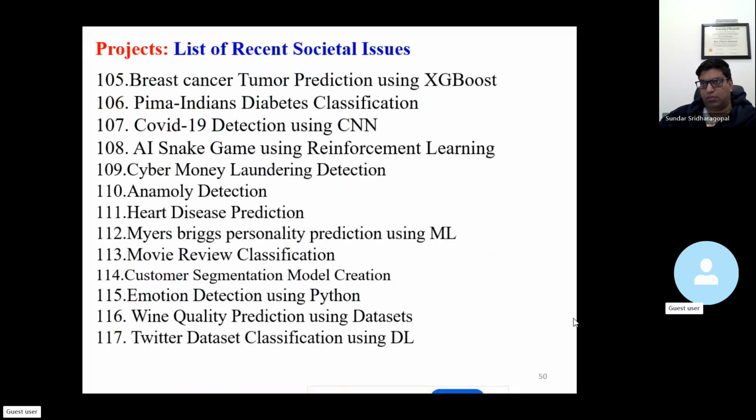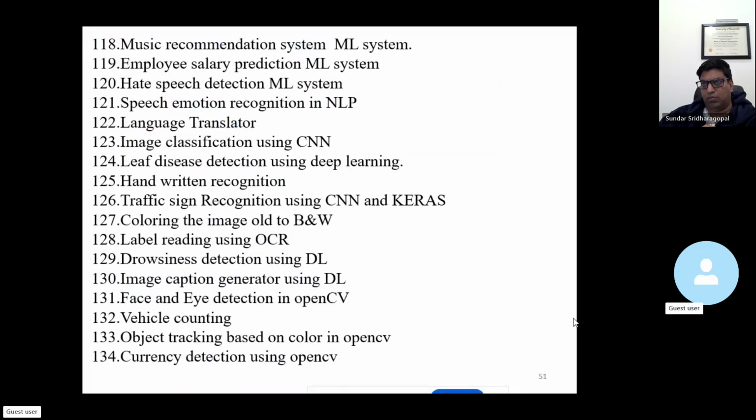movie review classification, customer segmentation model creation, emotion detection using Python, wine quality prediction using datasets, Twitter dataset classification using deep learning, music recommendation system using machine learning system, employee salary prediction using machine learning system, hate speech detection using machine learning system, speech emotion recognition in NLP, language translator using machine learning techniques, image classification using CNN,